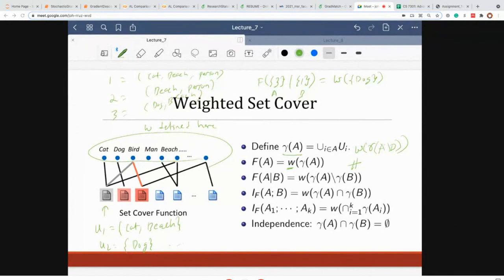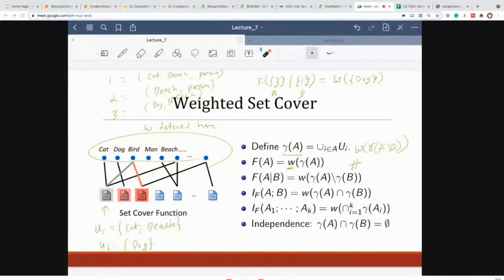So this is the interesting aspect that looking at these functions from a set cover perspective brings us, right? Now, what's the joint information? The joint information is this w of gamma A intersection gamma B. So I take the intersection between these two. The intersection between these two is beach. So these two sets share this beach concept, and that is the shared information between these two sets of quantities. Of course you can extend this now to where A and B are sets of multiple quantities, and that's where this becomes a little bit more interesting.